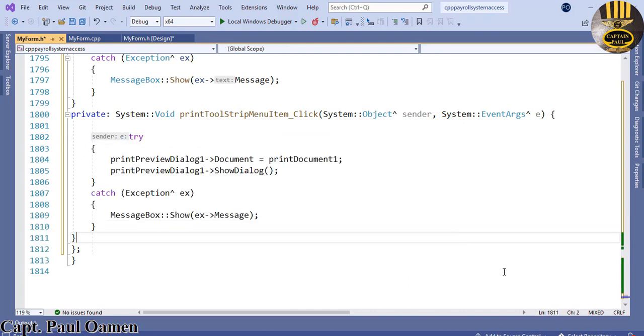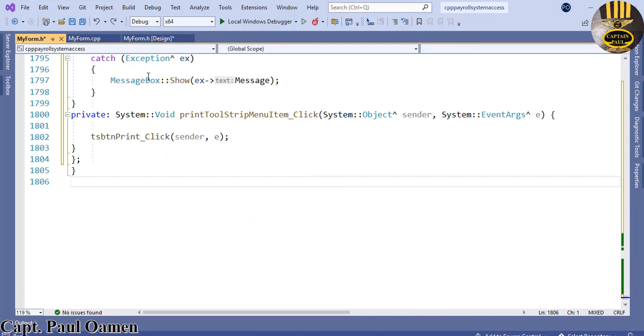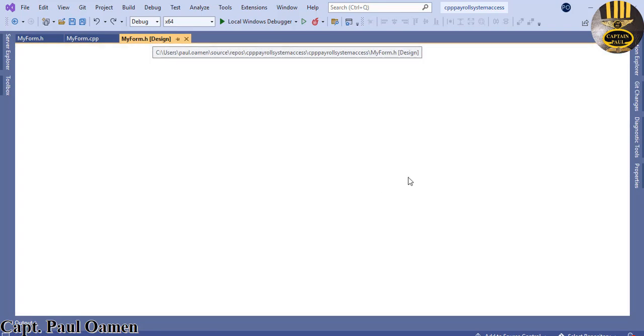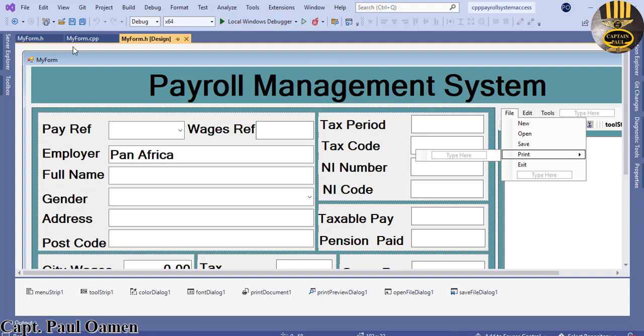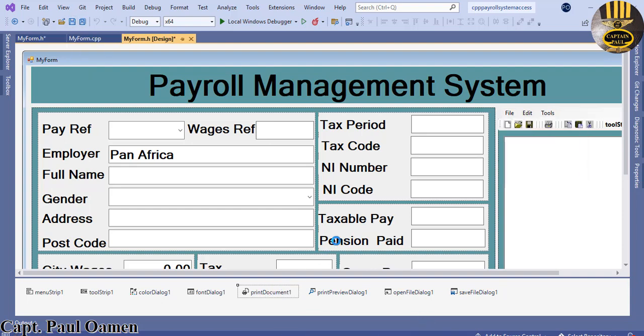There, just like that. It's the same. I'm going to undo that, leave it this way. Alright, now I think there's one more thing for the print that we need to take. Save that. We need to take care of the print document itself. Double click on the print document,